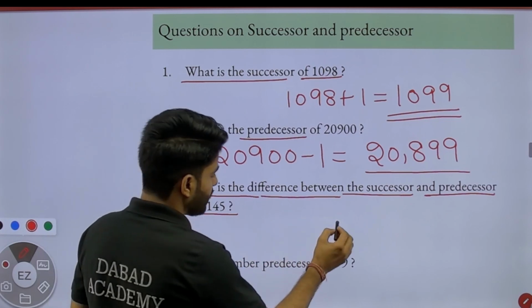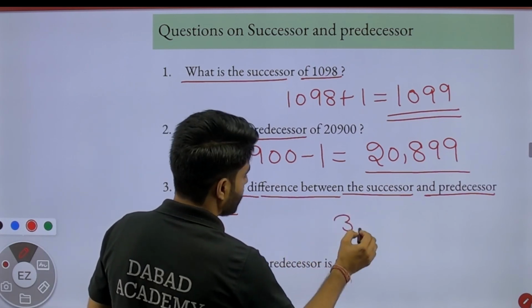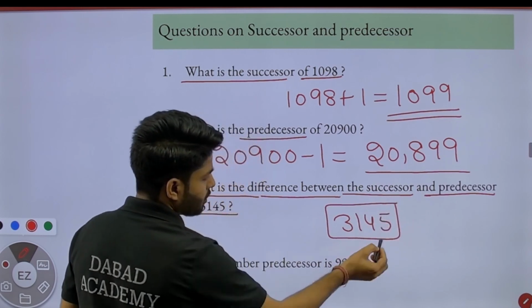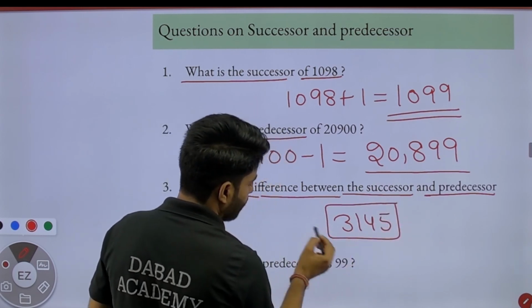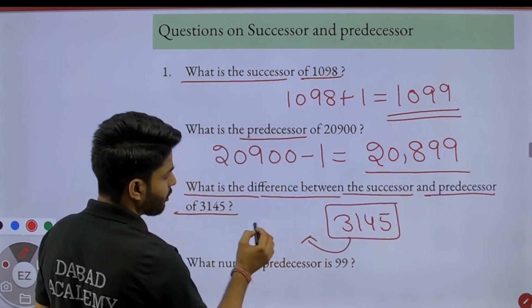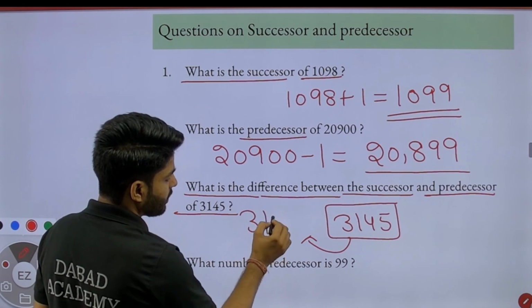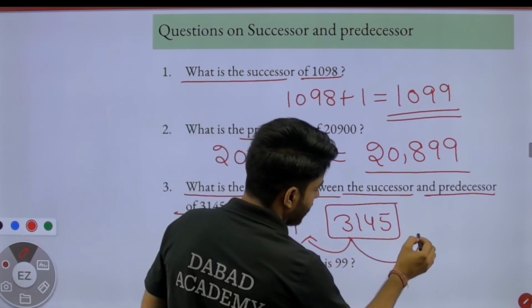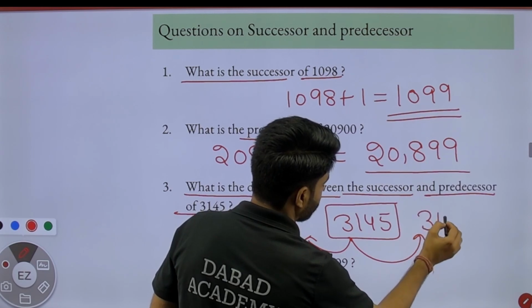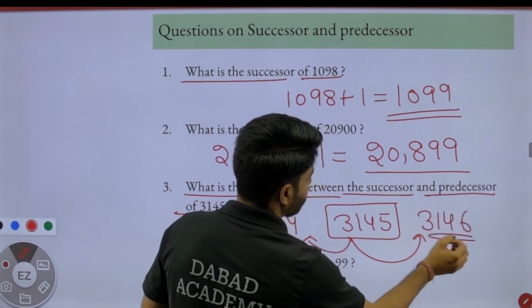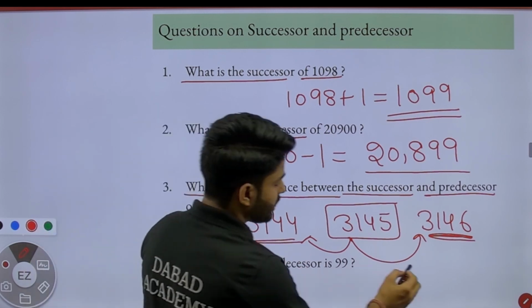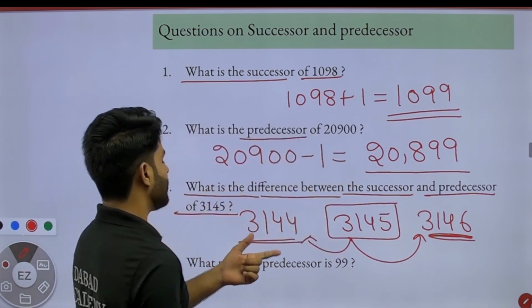3145? We have the number 3145. If we have to find the predecessor, we just subtract 1. So if we subtract 1 from it, we have the number 3144. If we have to find the successor, then we have the number 3146. What is the difference between this number and this number? That is 2. So the difference between the successor and predecessor of